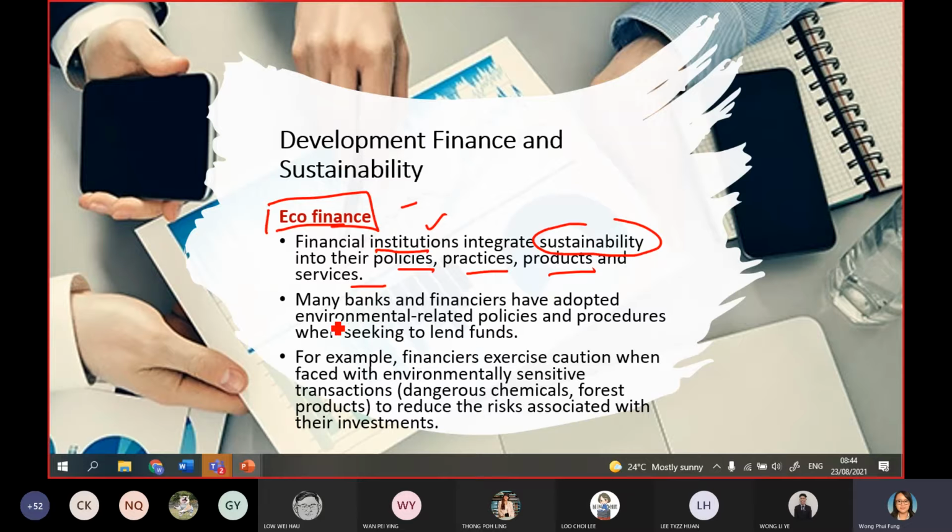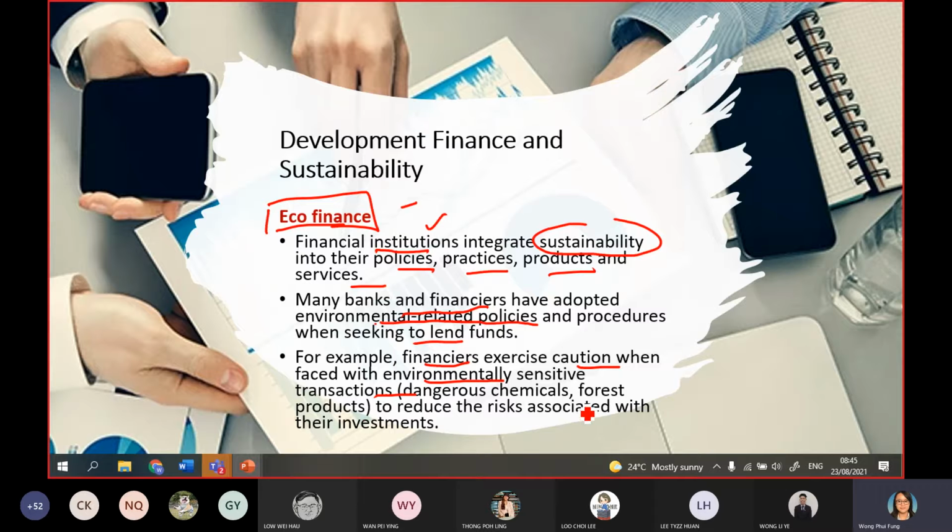They will check. Many banks and financial institutions have started to adopt this environmental-related policy when seeking to lend funds, which means that they will check, do you practice any sustainability practice? For example, financiers will exercise caution when faced with environmentally sensitive transactions, which means that they are also scared if your development